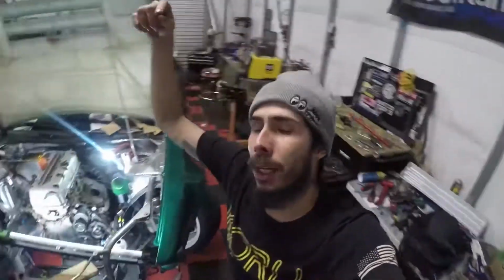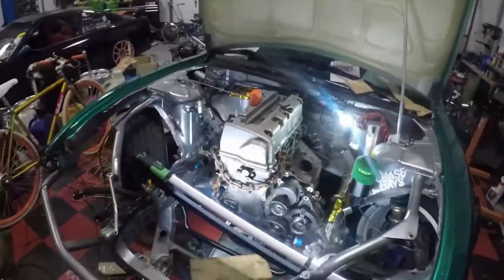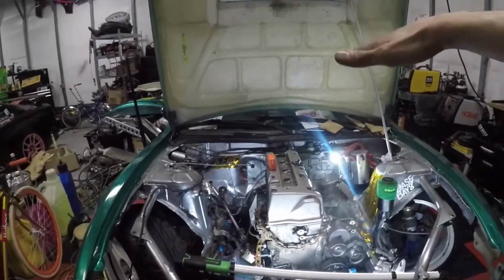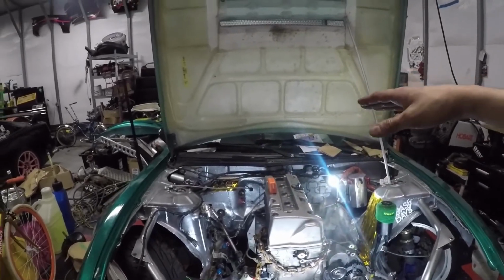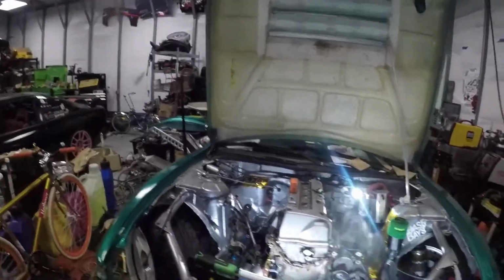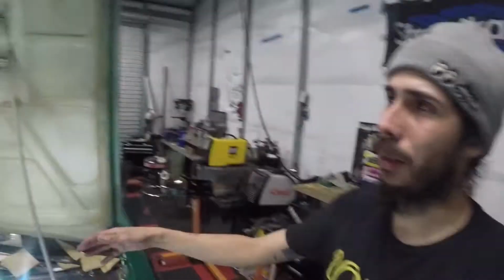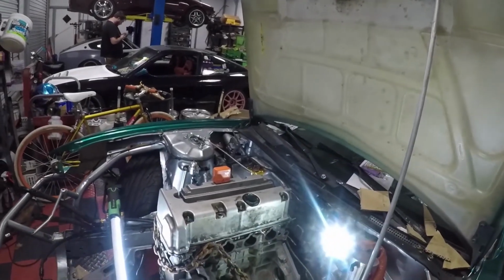But I'm really excited that I won't have to make any more modifications to the height of the engine. It does seem like I might rub a little bit just because I will have to go up a tiny bit, but if I rub a little bit, I will just raise the rear of the hood some. I know that's kind of tacky and that doesn't do anything, but it's better than just cutting a huge hole into my hood. But also